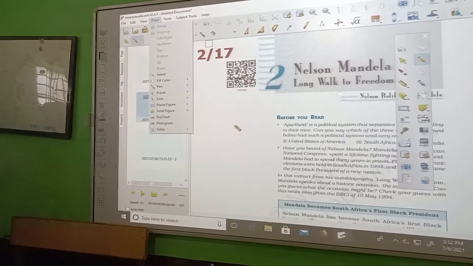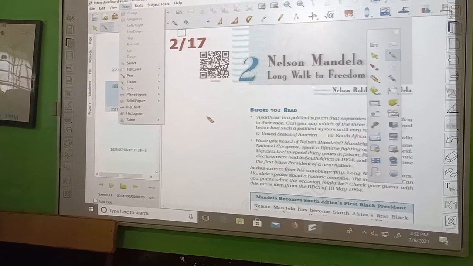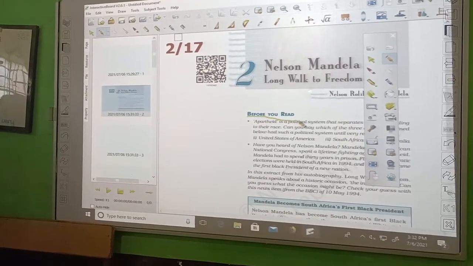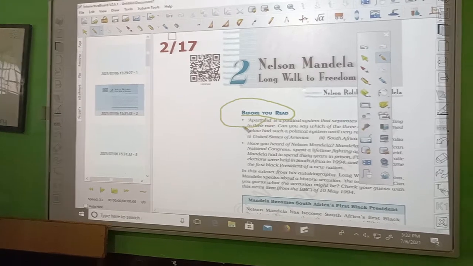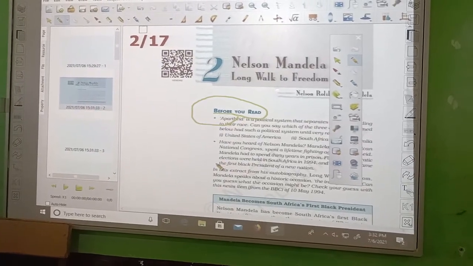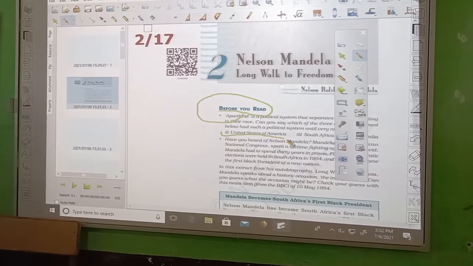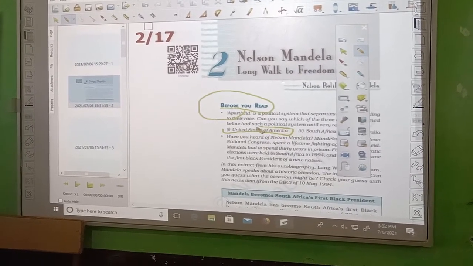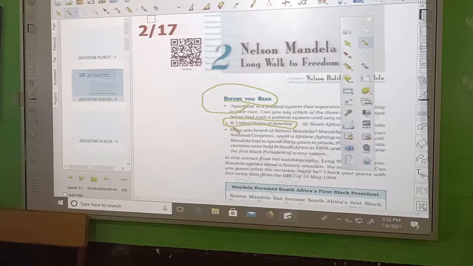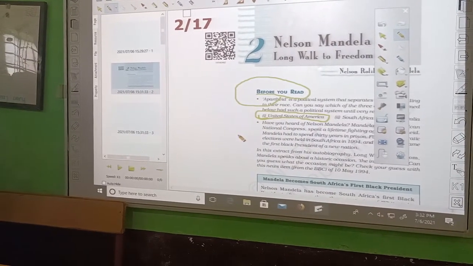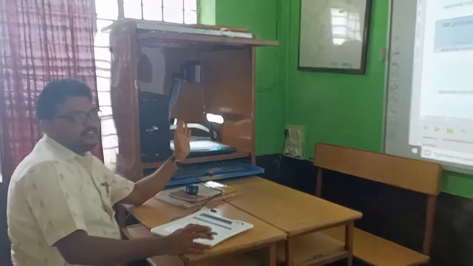Done. Now, if I want to write anything over here or highlight anything, you can just see. It really makes the class very interesting and enjoyable. You can highlight any portion, you can underline any word or phrase that you want, and this is how you can make your class interactive by using the various tools that we have in our interactive classroom. That's all. Thank you.